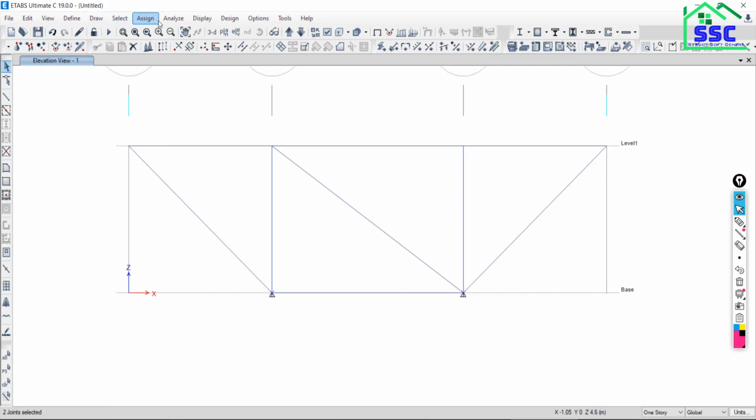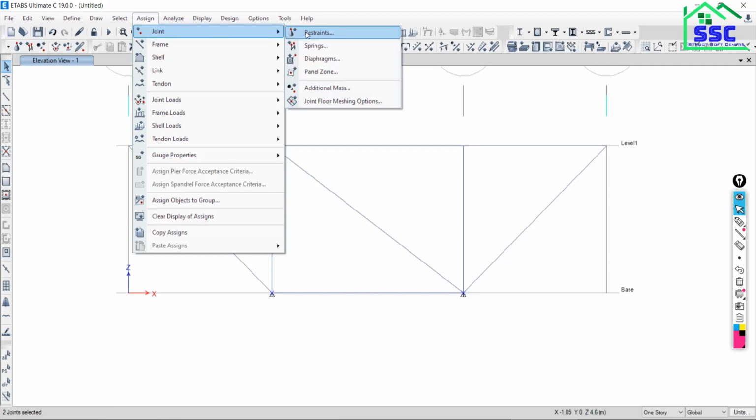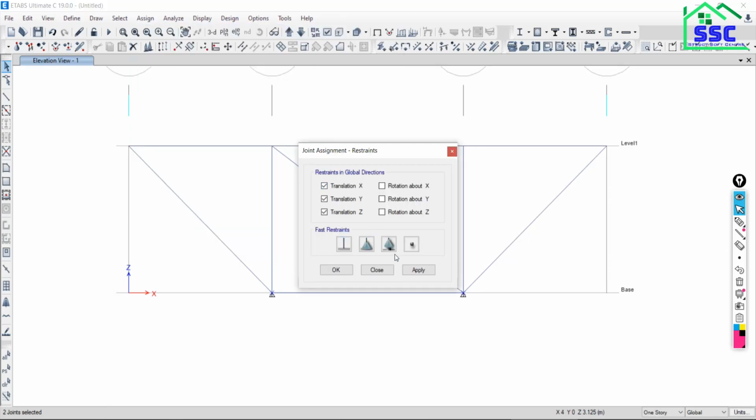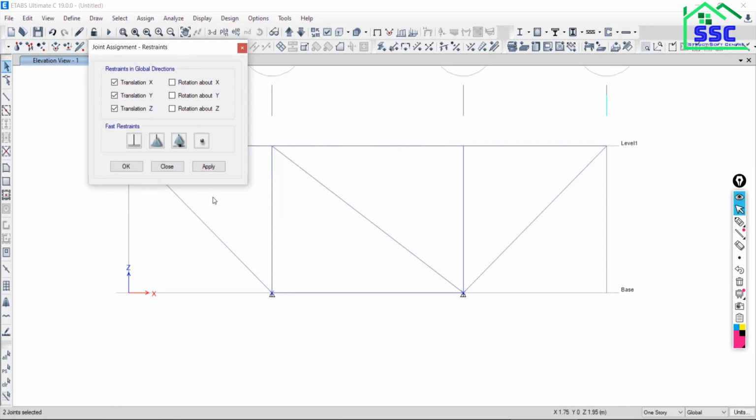So go to Assign, go to Joint, go to Restraint, and I don't want any support here, just click None and say Apply. So this support will be removed from these unnecessary points. Okay,